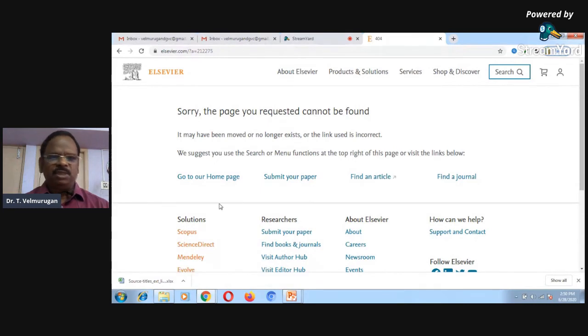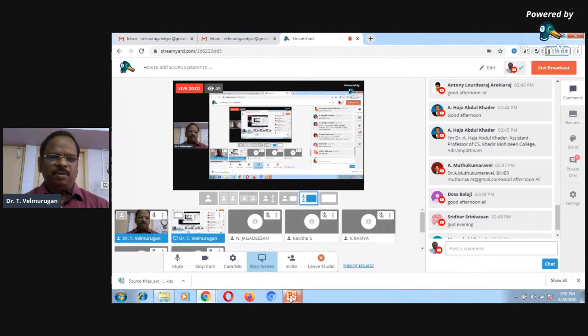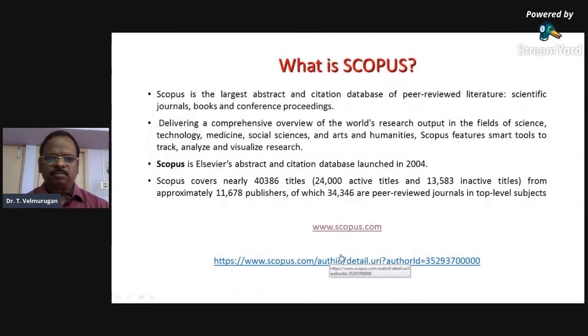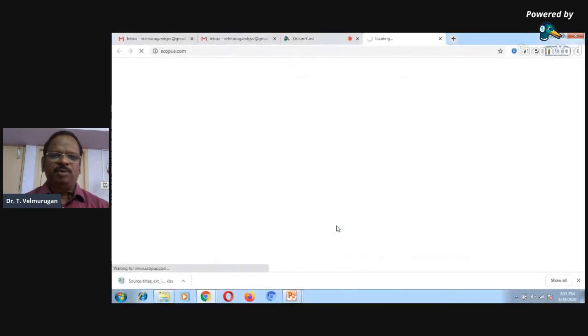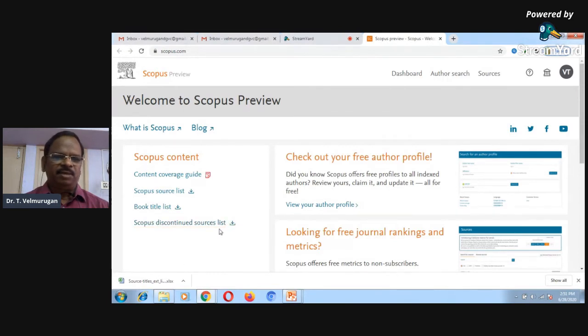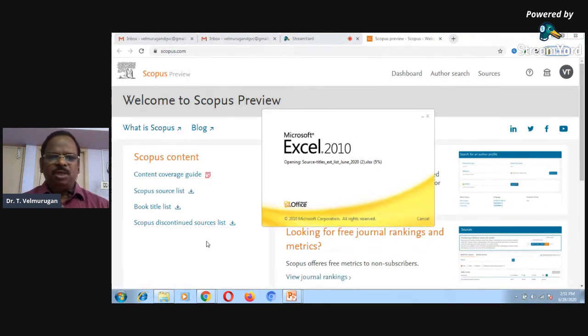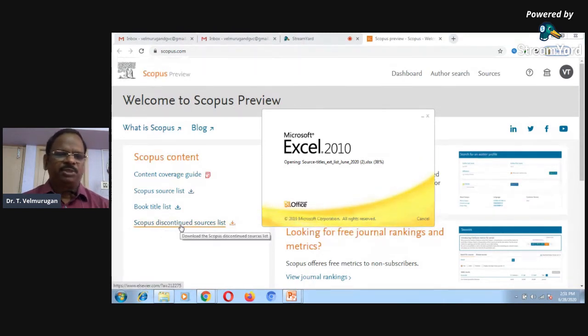Some errors may happen in the Scopus database because sometimes they are doing maintenance. In this Excel sheet, you can easily find out whether a journal is available in the Scopus list or not. As I already informed you, if you click this, you can find the Scopus discontinued resource list. This is also available.